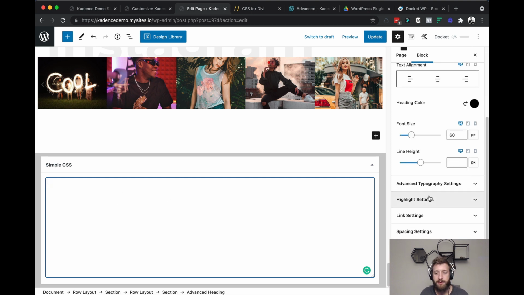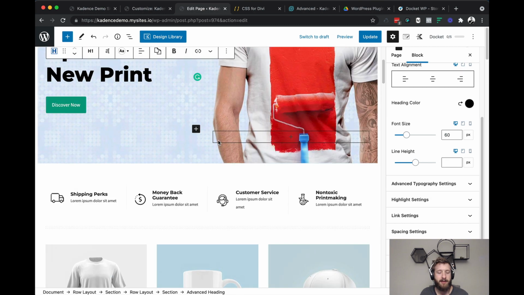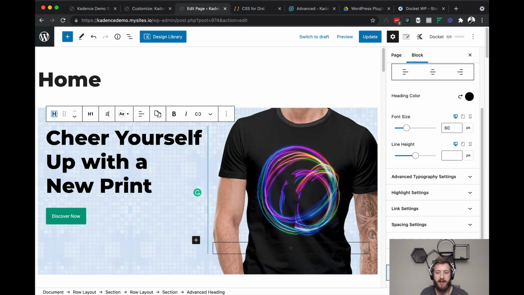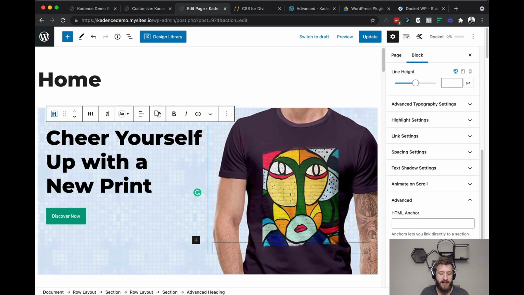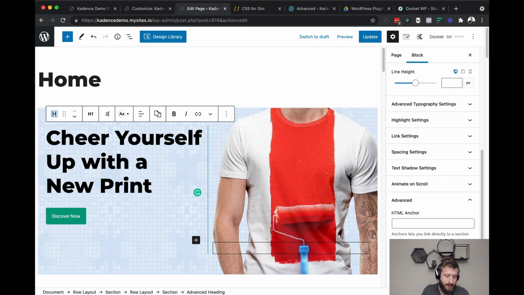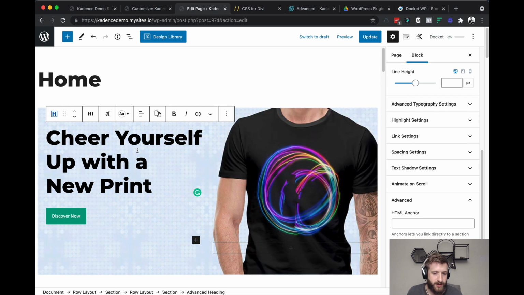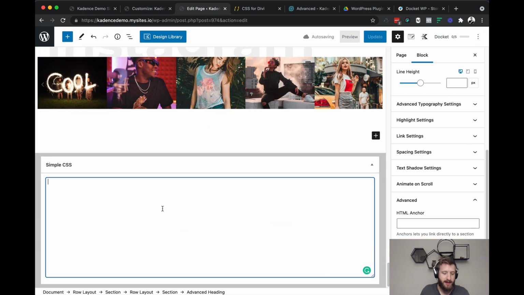And so if you had applied, let's say to this heading block, a CSS class, let's say it's just called my class, any change that you wanted to make to just a specific block, you could use that my class.